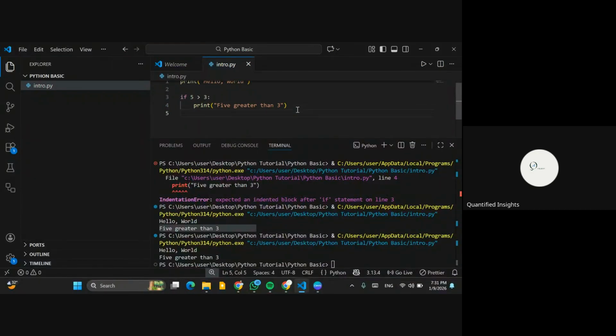Now, the next thing that we need to quickly talk about is variables. A variable is simply a container for storing values. You see that what we have been doing ever since is